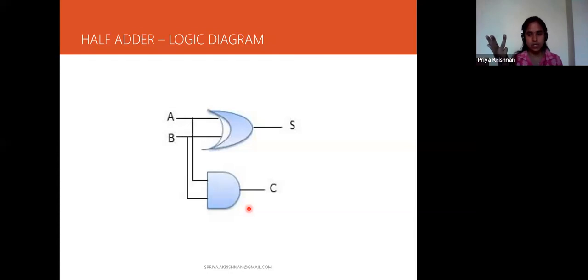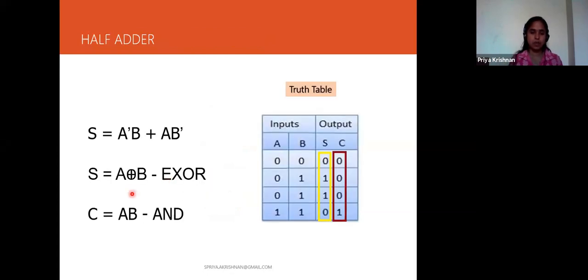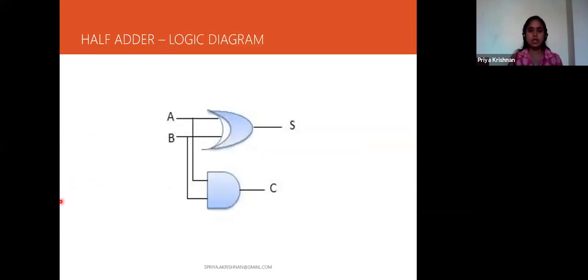Once the truth table is written, write the expression. We have written expressions for the sum and then the carry. Once you are finished with the logical expression, finally draw your logic diagram. So up to this is one complete question.